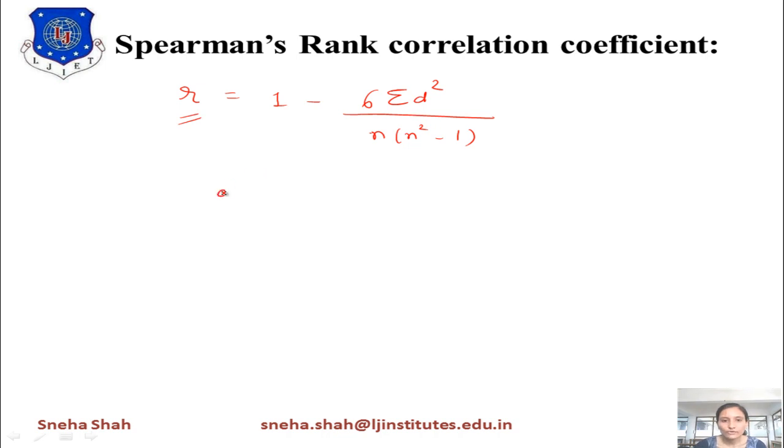Now in this, what is the term d indicating? The term d indicates the difference of the rank of x with the rank of y. So if we take the difference between these two, it gives us the difference d. Now what is the value of n? n is considered the number of samples. So by using this we can find the rank correlation coefficient of any distribution. Now this can be explained using some examples.